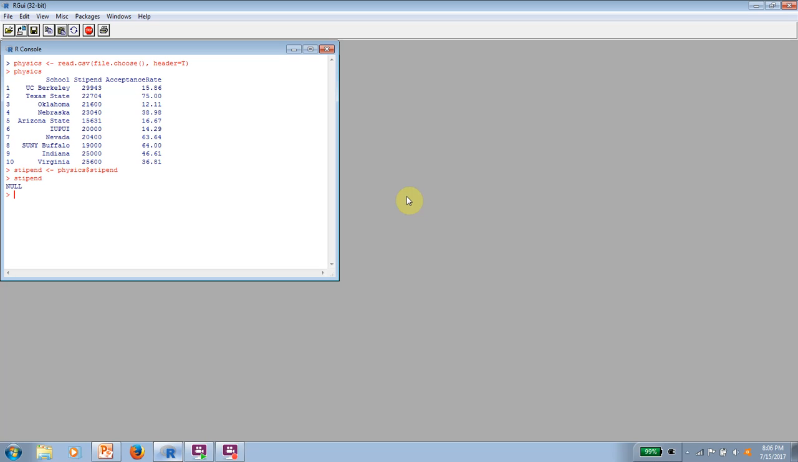You want it with an uppercase s, so I'm going to do this the lazy way. Use the up arrow to get back to where I had that command, and then just fix that one letter. Now if I print it, there it is. So beware of case sensitivity. It's really easy to